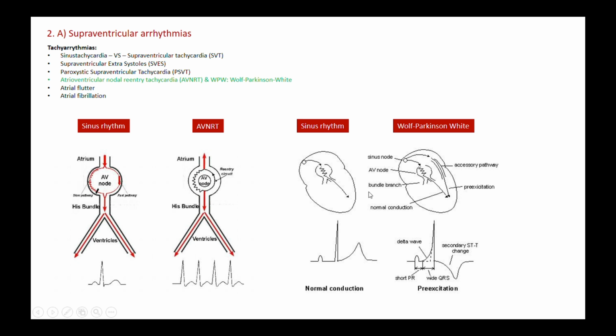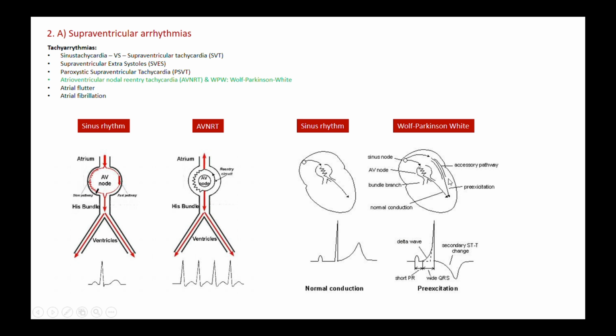Now, Wolff-Parkinson-White, this is when you have an accessory pathway outside of the normal pathway through the AV node into the His bundle and Purkinje fibers into the ventricles. You have an extra fiber here, which is a congenital defect. Patients are born with this,